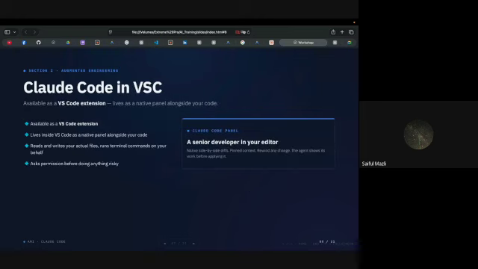Now I use it in Visual Studio Code. The reason why I use it in Visual Studio Code is I've been using Visual Studio Code for a long time. It's a free IDE. If you're not sure what that is, I have a slide that tells you where to get it, and it gives me a view of the code, my files, a terminal, and most things that you need when you're trying to do some development. Okay, so that's how I use it most of the time.